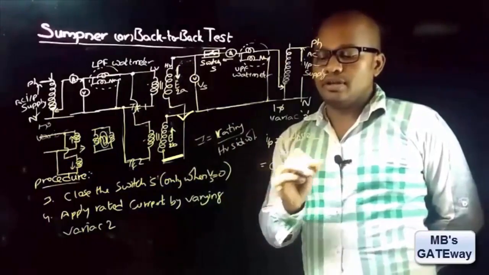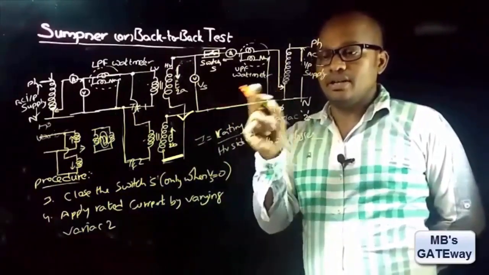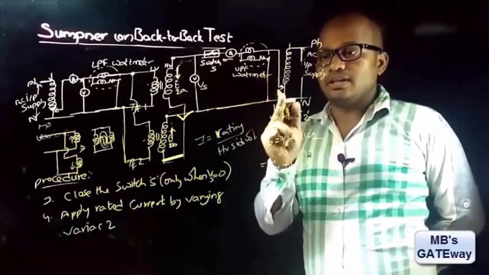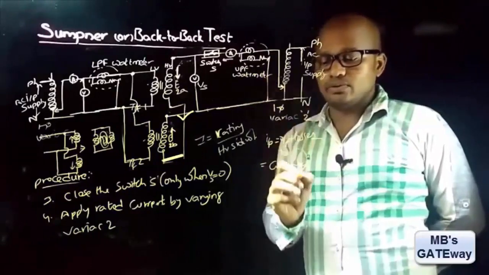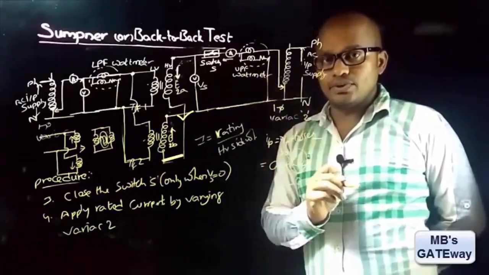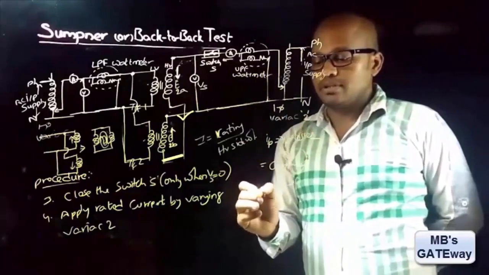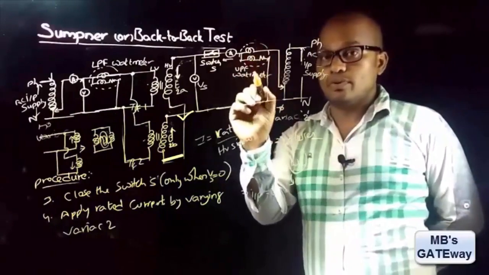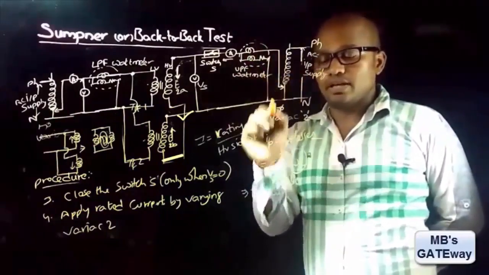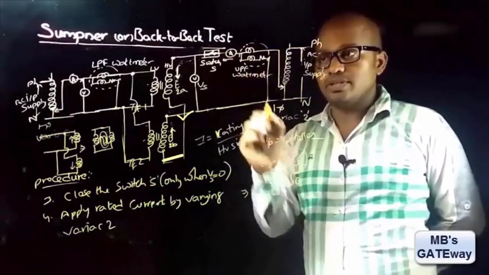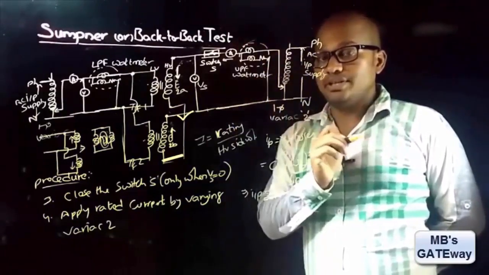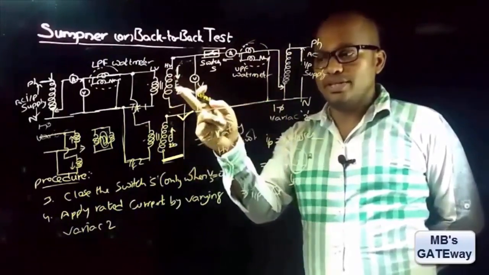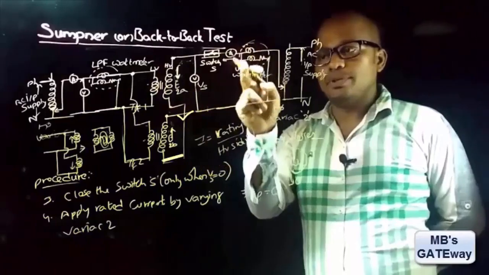losses and iron losses. And we are applying the rated current, and that rated current is obtained at very low voltage, and as iron losses depend on the voltage, and here the voltage applied is very low, therefore iron losses can be taken as equal to 0, which means this input power can be taken as equal to copper losses. And here we are making use of a UPF wattmeter to measure this input power, and as input power is equal to copper losses, this wattmeter reading will indicate the copper losses of both transformers. And if you want to know the copper loss of any one of the transformers, divide the wattmeter reading by